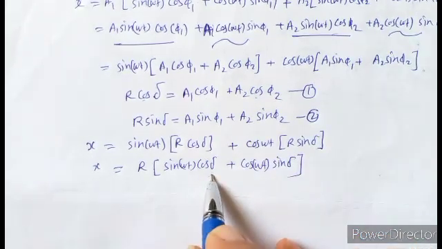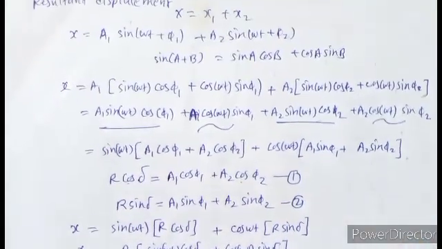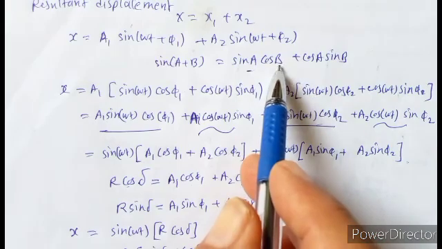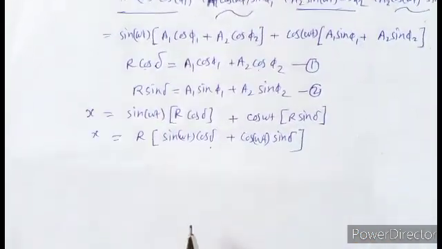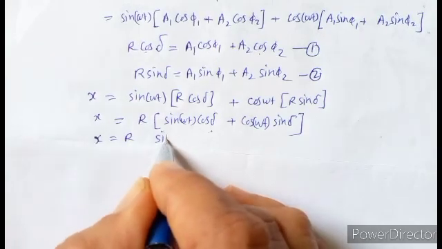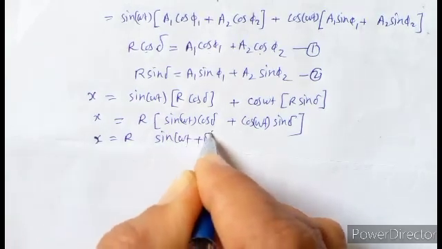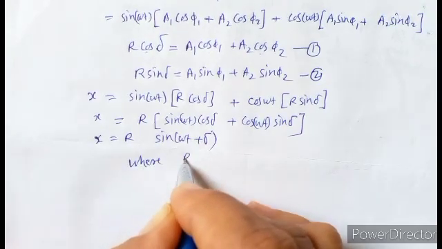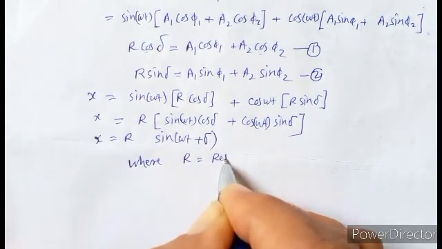This bracket is equivalent to the formula, so we apply this formula in reverse. Then we get x is equal to r sin omega t plus delta, where r gives the resultant